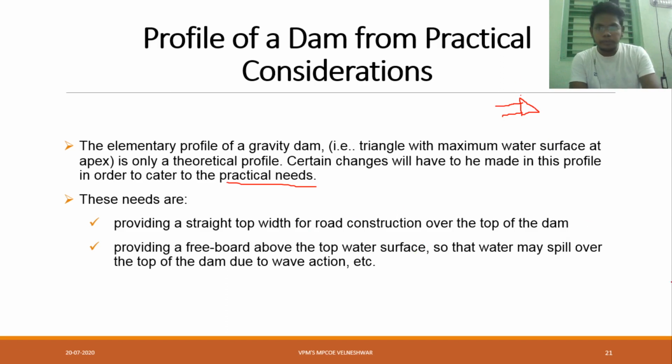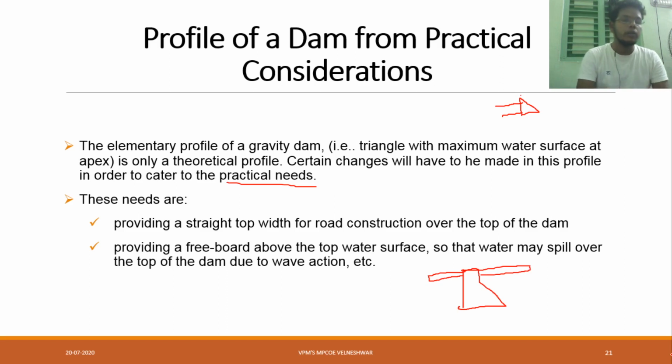Suppose exactly in this location, we will provide straight top width, here at the top location, for road construction over the top of the dam. In this location, like this our road will be there, underground we will have some dam.